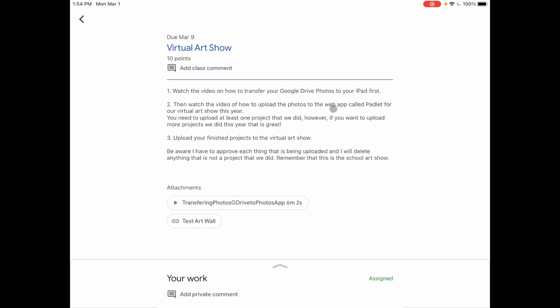Step one is to watch the very first video, which is how to transfer your photos from Google Drive to your iPad. You should already have watched that. Step two is to actually watch the video you're watching. Step three is to actually do all of those things. Okay? And then the last thing is to be aware that I am going to end up deleting anything that